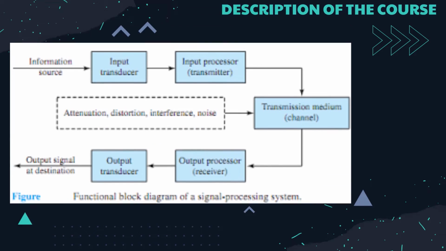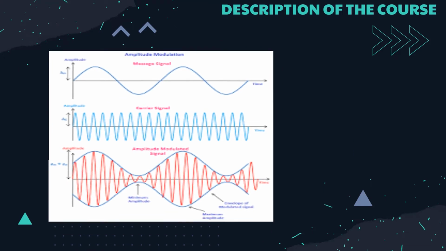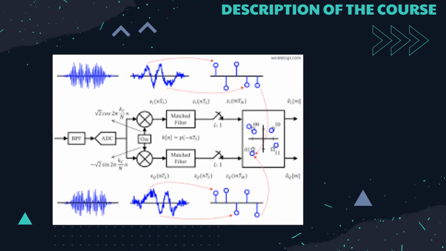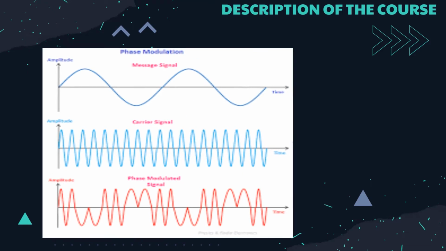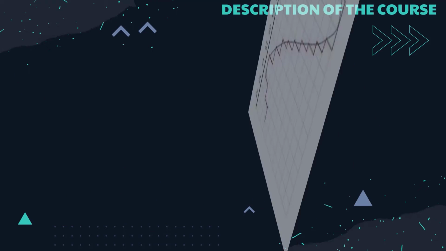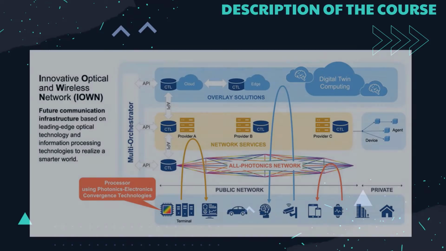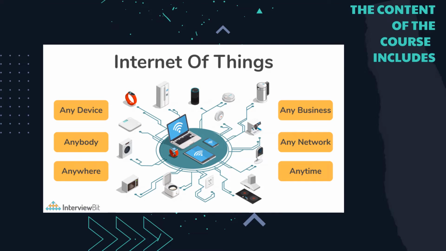This course covers the basics of communication theory, including signal analysis and transmission, amplitude modulation, AM, quadrature amplitude modulation, QAM, frequency modulation, FM, phase modulation, PM, phase locked loops, sampling, quantization, pulse transmission, digital data transmission, and recent digital communication technology. More specifically, the content of the course includes the following: introduction to communication systems and their Internet of Things applications,